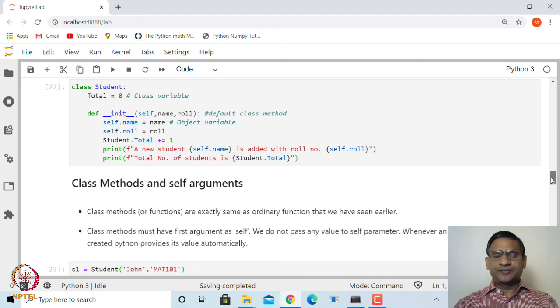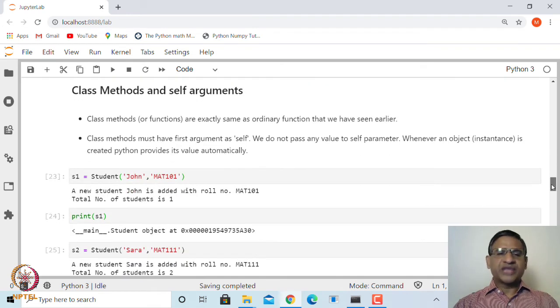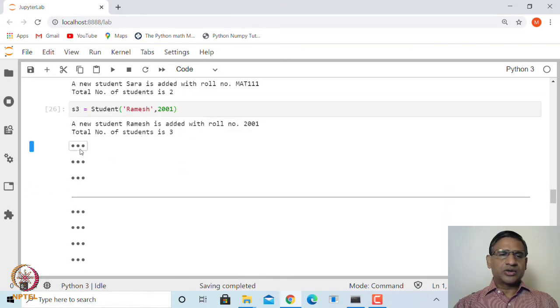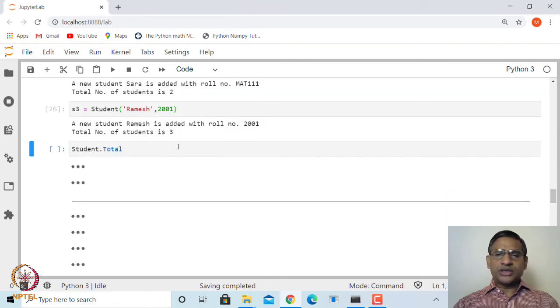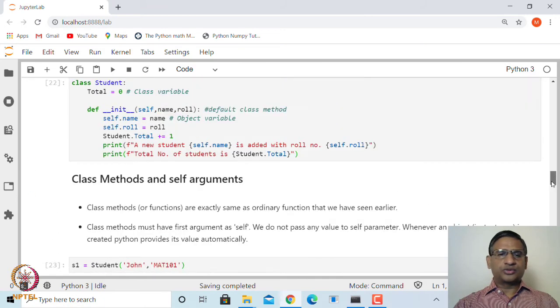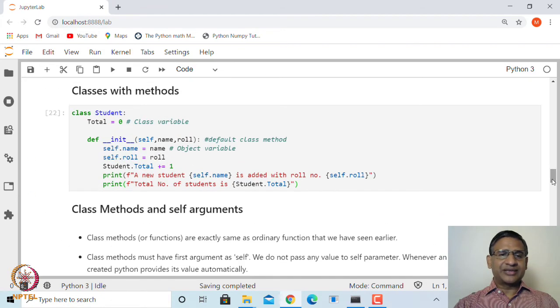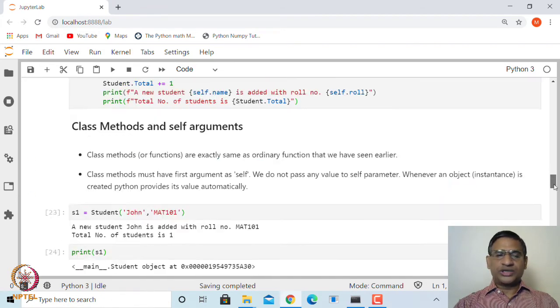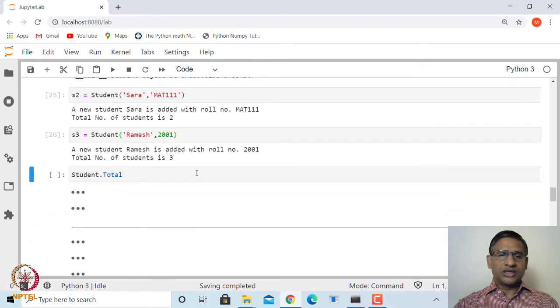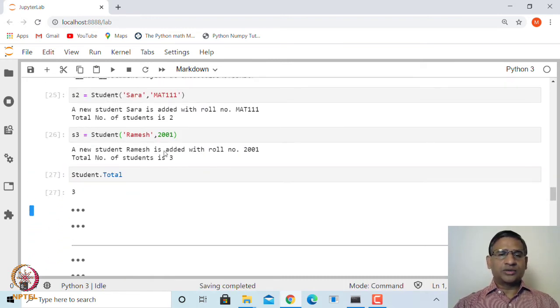and then one can keep on adding attributes to this class. Okay. You can access the total number of students, which is a class variable in this case, using Student dot total. So if I say Student dot total, now that 3 students have been added, it gives you the total. Okay.